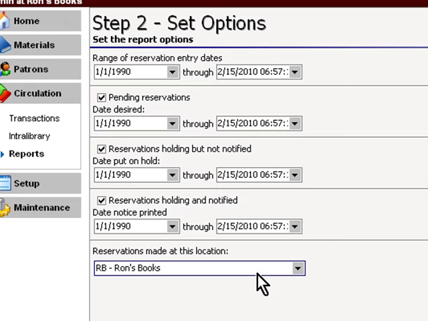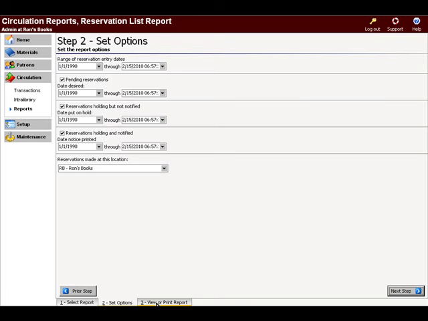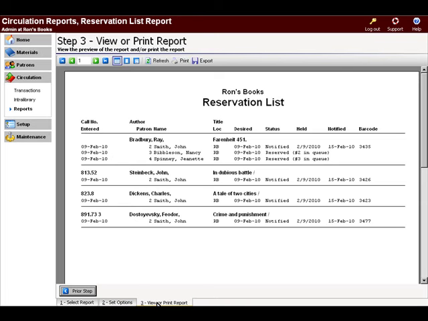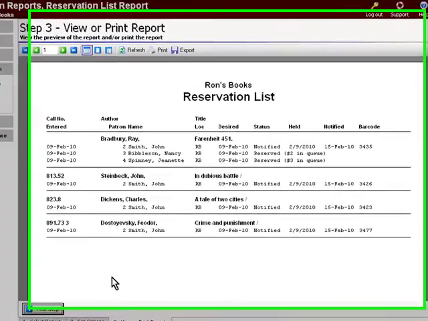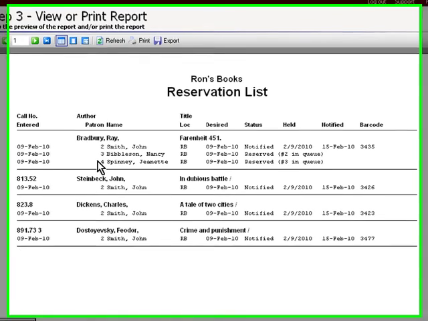Make sure that your location shows in the box, and click on the third and last tab in the group, View or Print Report. We'll see that the reservation list gives us a lot of information. Mainly on the left you can get the call number so that you can go and quickly pull your items off of the shelves. You'll see that you also have the name of the author in every case, and the name of the person who has reserved, and the people who are in line next in the queue to get